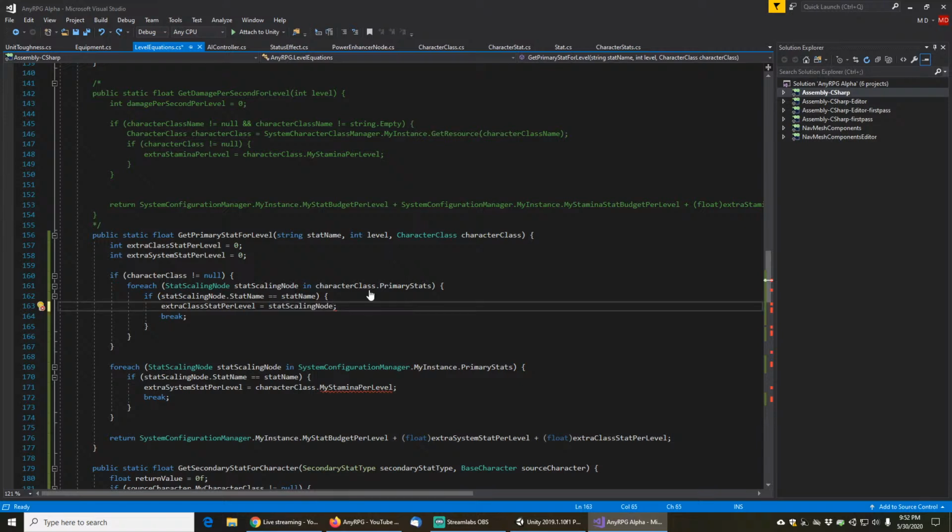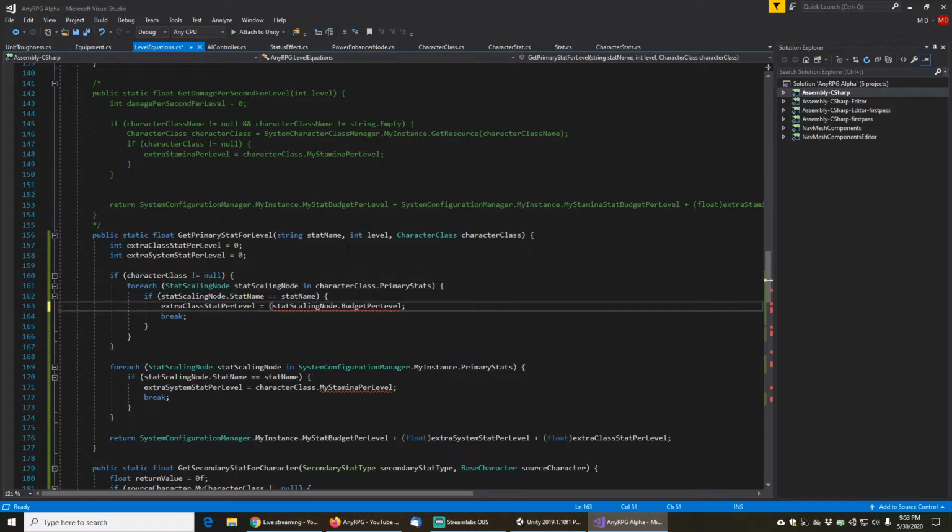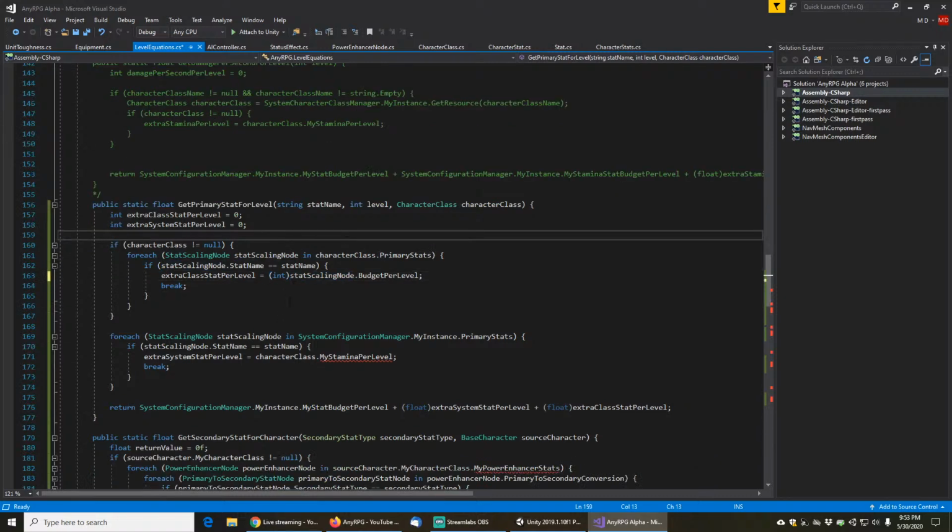So now this is the budget per level. This is an int. This is a float. We're going to cast that to an int. Okay, and then right here,